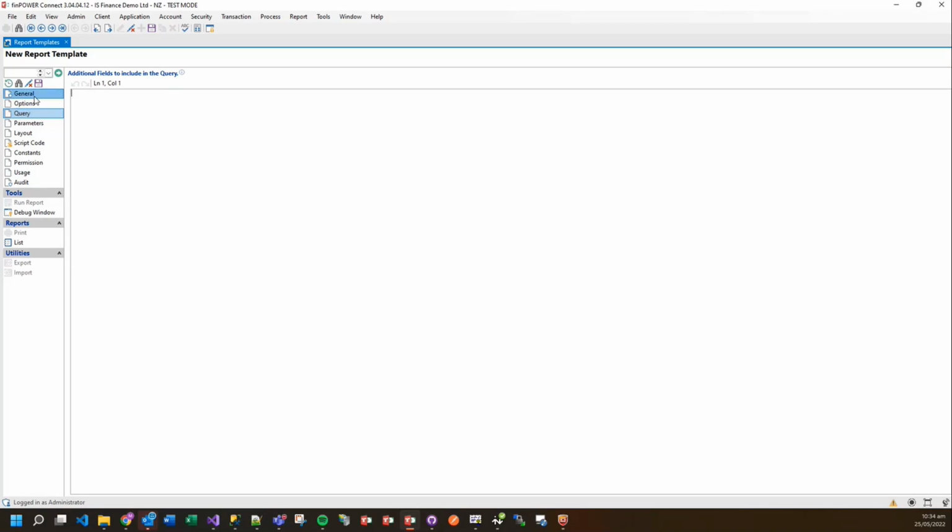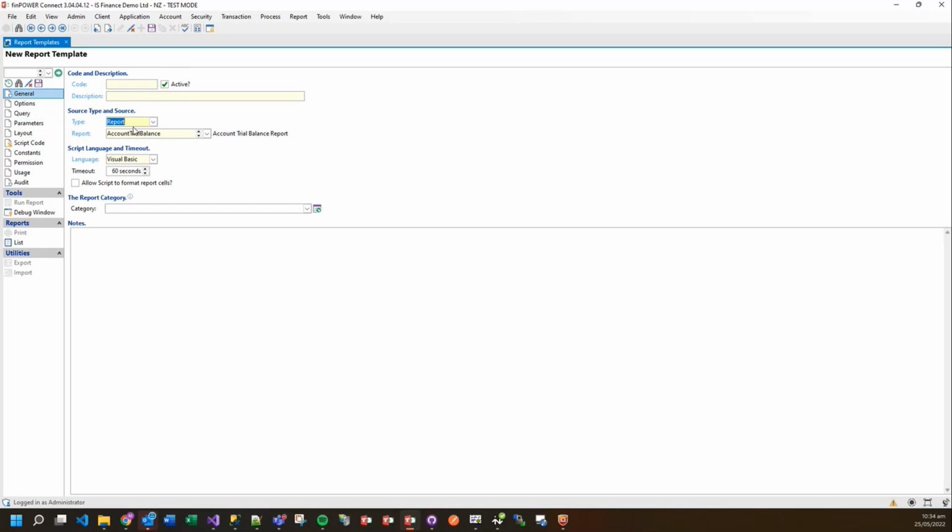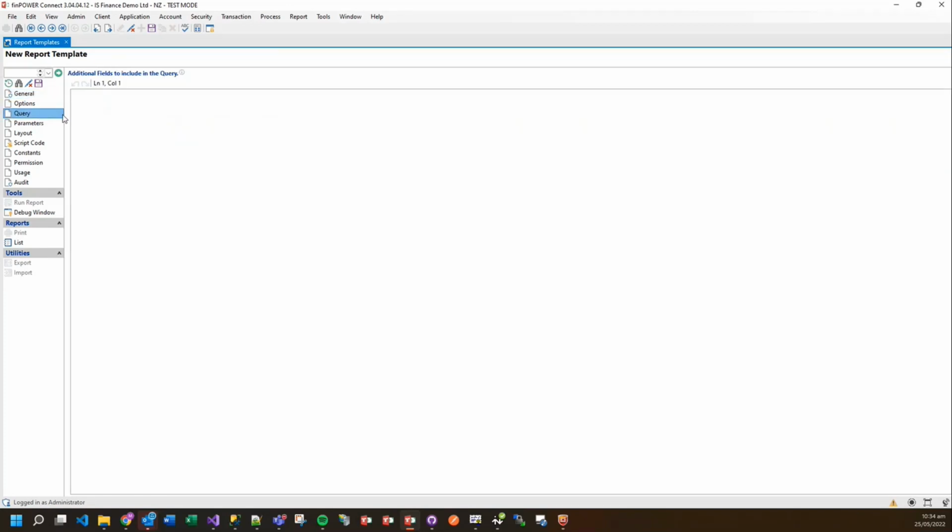So really the important thing to note is anytime we select report and we select a report in here, the account trial balance report is going to run as it would do normally behind the scenes, and it's going to return a data set or a data table complete with the data that query is going to return. So we run the trial balance, it will do exactly the same thing behind the scenes as our report template. Difference being in here, we can obviously go in and add subqueries, add fields,